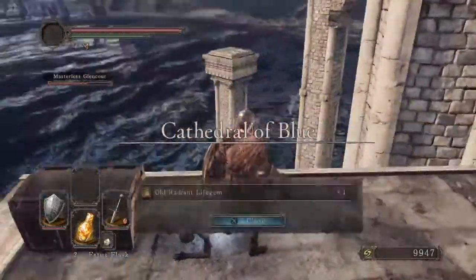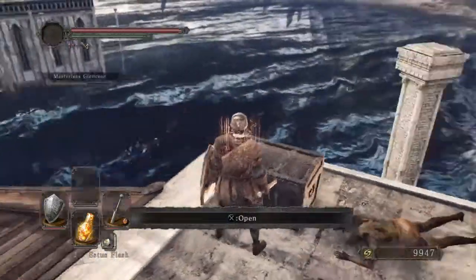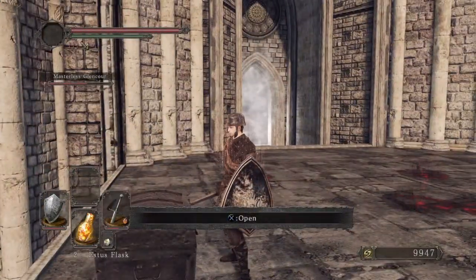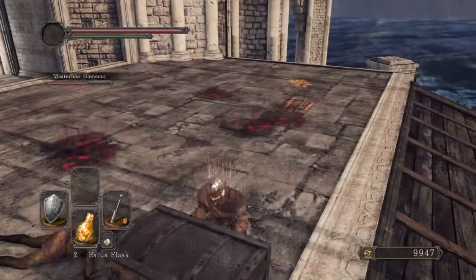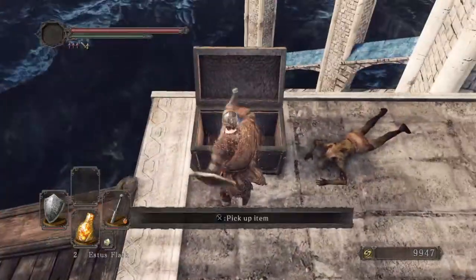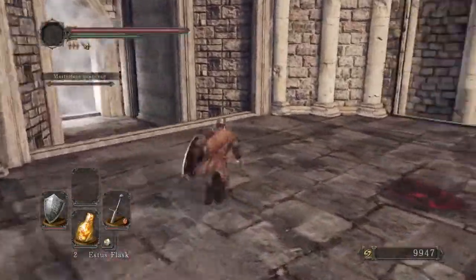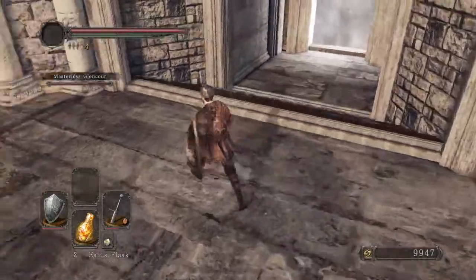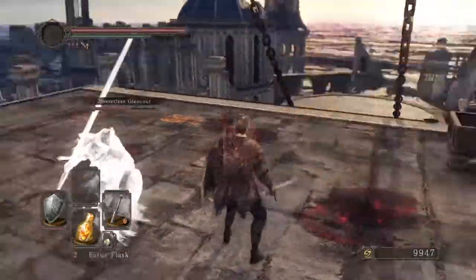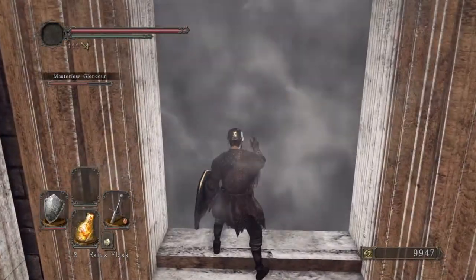Right up here is the Cathedral of Blue, which is a super small area in this game. It only consists of the boss and a small area with a couple chests behind him. Glencore is going to be helping us out. There's no other summons, so if you want a phantom, you do need to make sure he survives. Then the boss battle in here